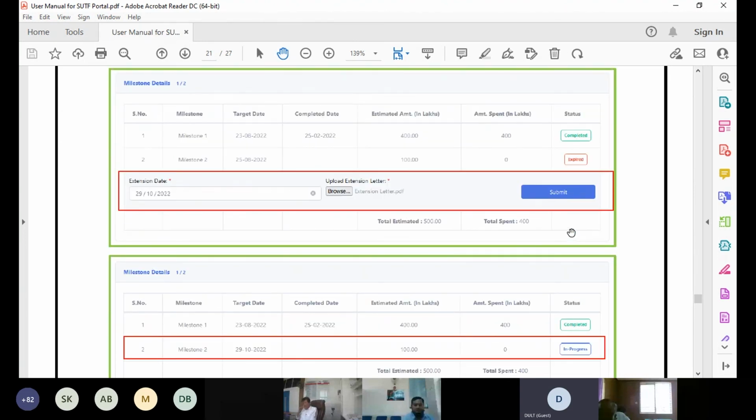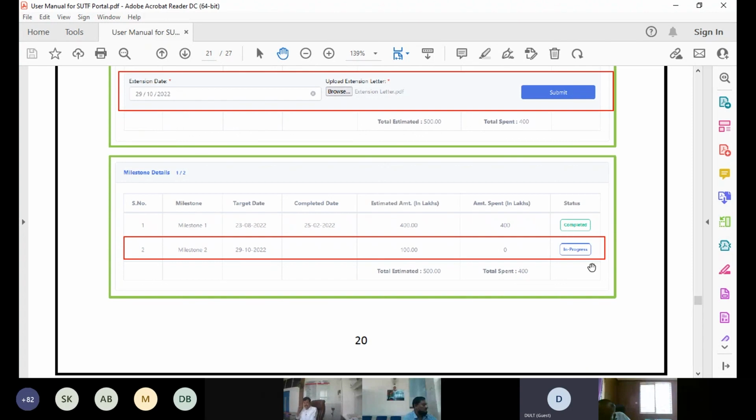Once that is approved from our side, this again becomes in progress. So earlier it was expired, now it becomes in progress, and the dates for your subsequent milestones will also get revised. Suppose your milestone has to get over on 31st of March and you ask for an extension of 15 days and you give a date of April 15. All your subsequent milestone durations that you have entered in the application form, where you enter month-wise, those dates will also get revised. So your whole duration moves 15 days further to the date of completion. That will be taken care of.